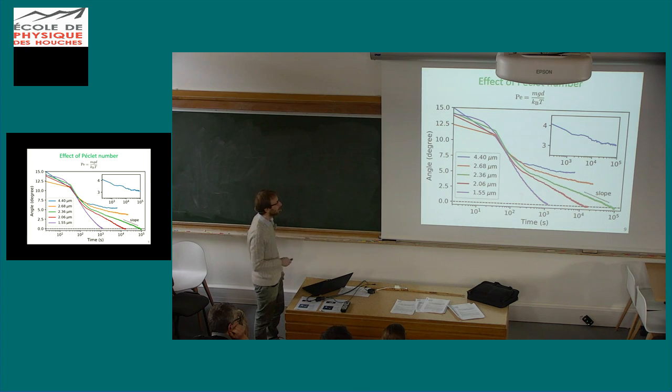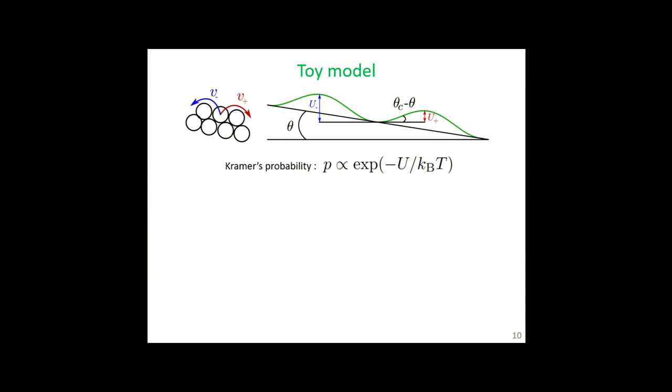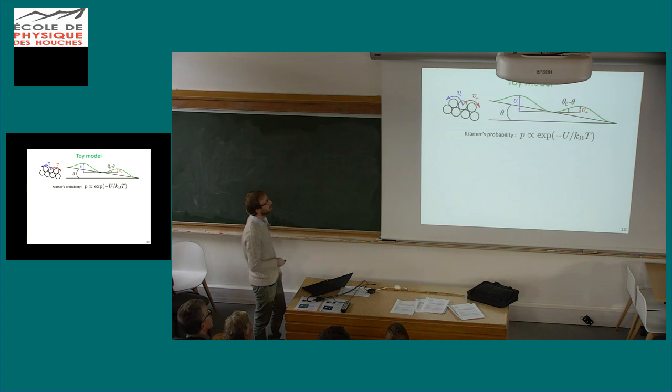And also, what you can note is that this creeping regime seems to be pretty well logarithmic in time. Here we have like 2 decades, and it seems to be pretty linear in semilog. So we wanted to explain what happens in this regime, so we came up with a very, very simple toy model that is 1D. We say that basically the pile flows when one particle jumps above one of its neighbors. So we consider a particle that is in a tilted energy potential, and we say that it's only the thermal activation that makes the particle jump in one or the other direction.